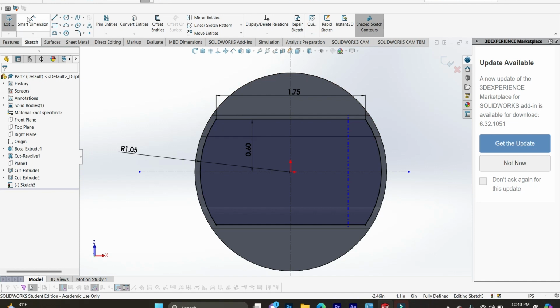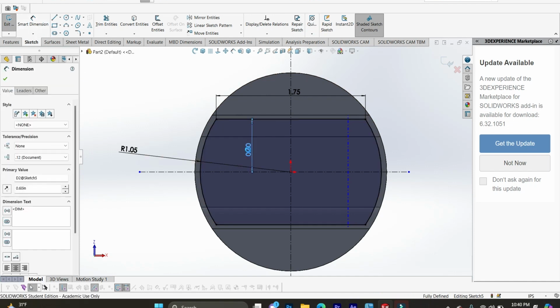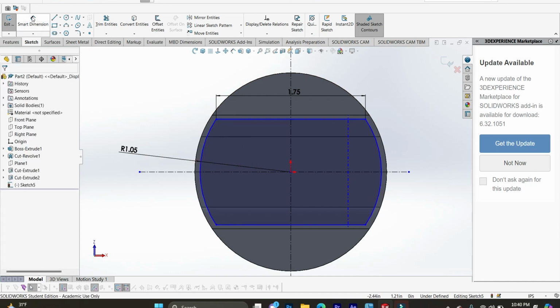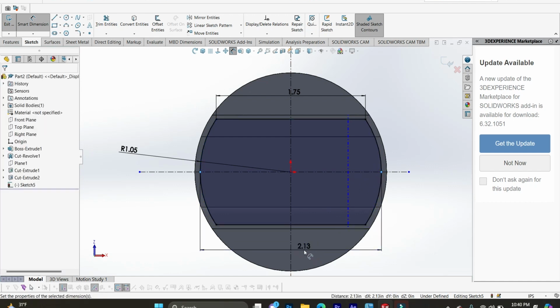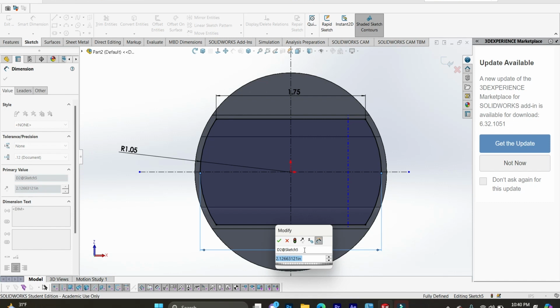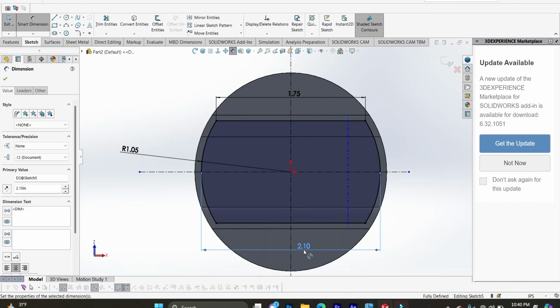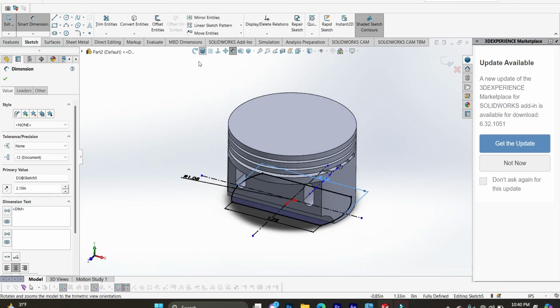And just delete this. From this point to that other point, we want it to be 2.10, and then